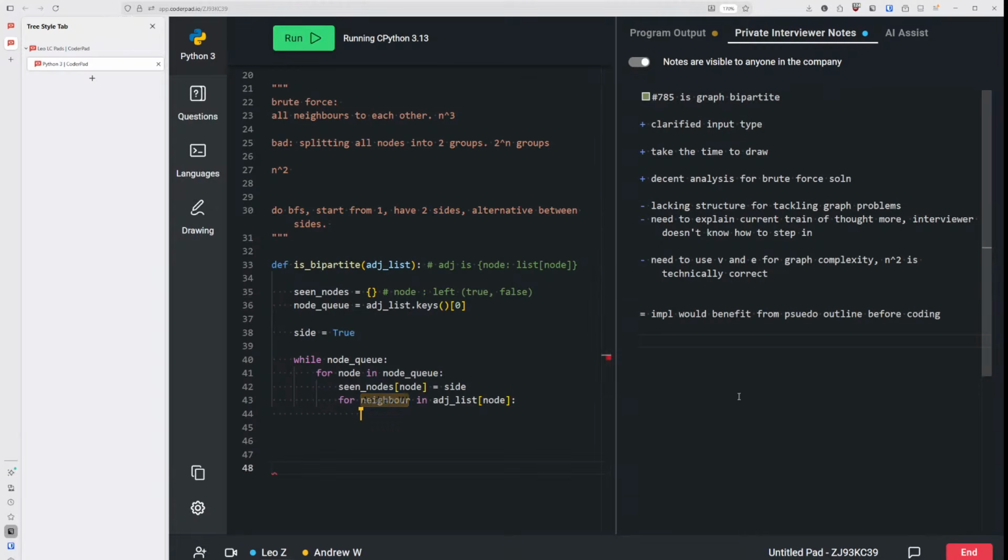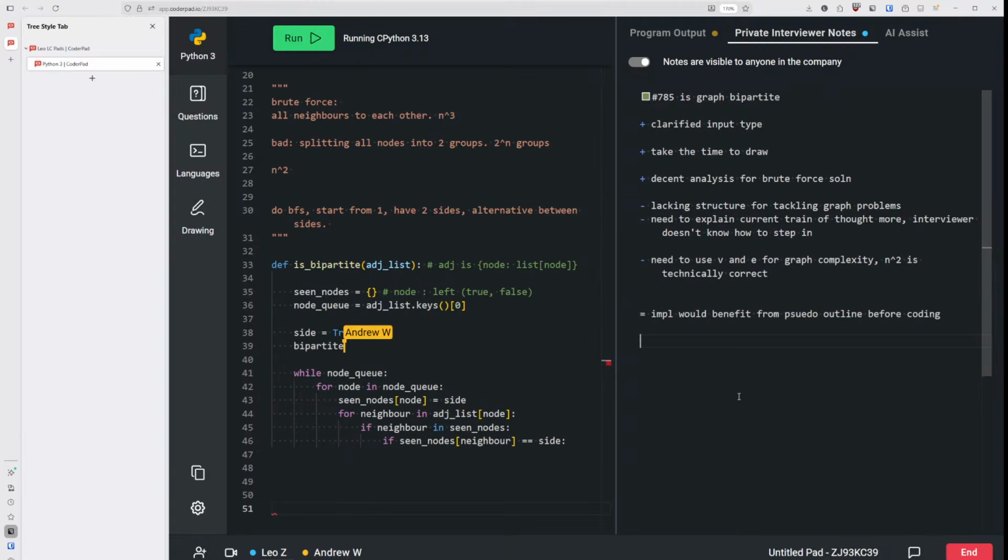So for every single neighbor, we will check first if it's in. We'll have two conditions. So if neighbor in seen, if it's inside, then we need to make sure it's not in there. Okay, if seen nodes neighbor is equal to our current side, I'll just do side. Okay, if it's equal to side, then we have